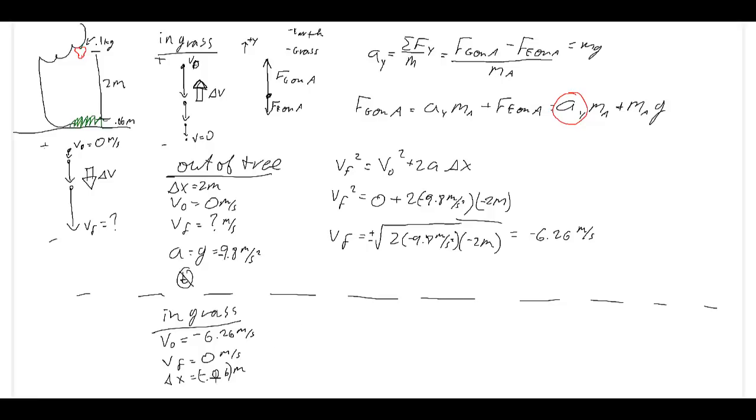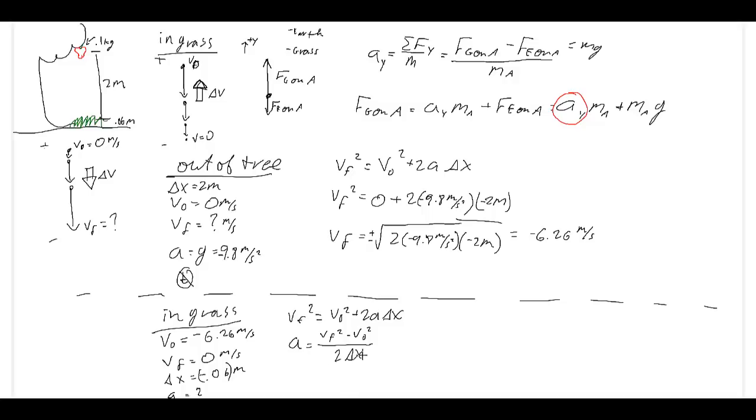So we're also looking for a. Now, once again, we are not given time in this part. So obviously we need to use, once again, the timeless equation. Only this time we're going to use the timeless equation and solve for a, because that's what we're looking for. So again, our timeless equation, v final squared is equal to v initial squared plus 2a delta x. Solving for a is equal to v final squared minus v initial squared all over